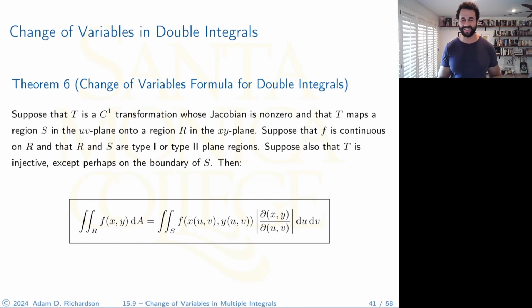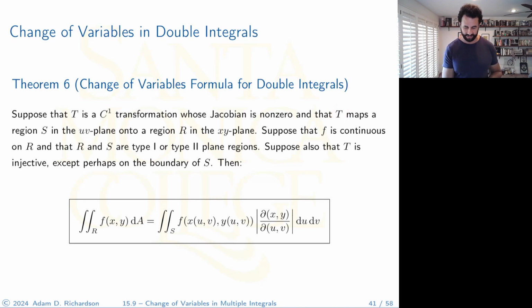Okay, so this is kind of the buildup. Getting to the punchline finally. So here is the general change of variables formula for double integrals. Here we go. Suppose that t is a C1 transformation whose Jacobian is non-zero, and that t maps a region